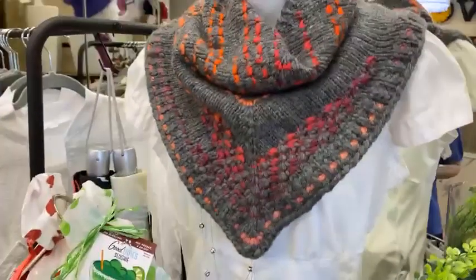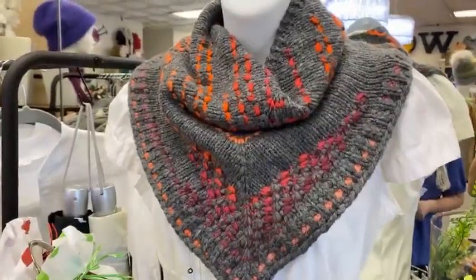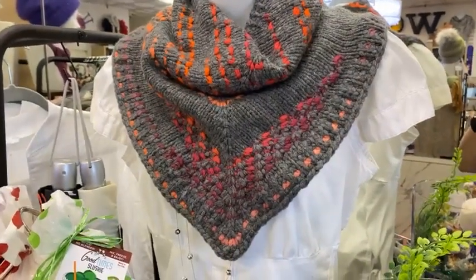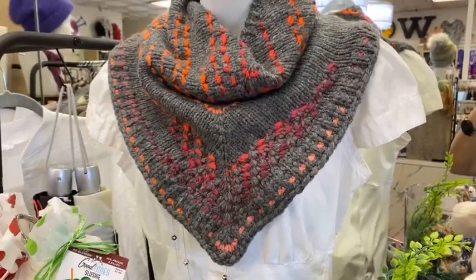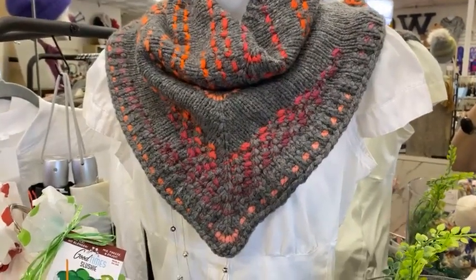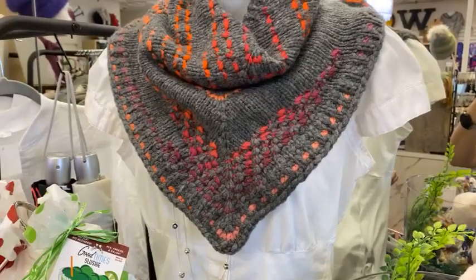Knit Miss number 1 is the Splash and Dash Cowl. I should have the pattern up on Ravelry hopefully by the end of the week. I have it mostly done. I just need to put some pictures in there. We can always zhuzh it up with Boss Lady modeling pictures next week, but that way you guys can get